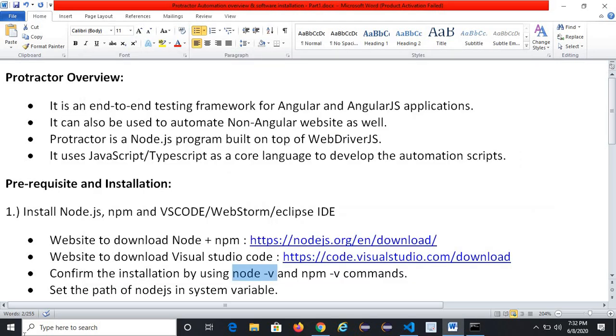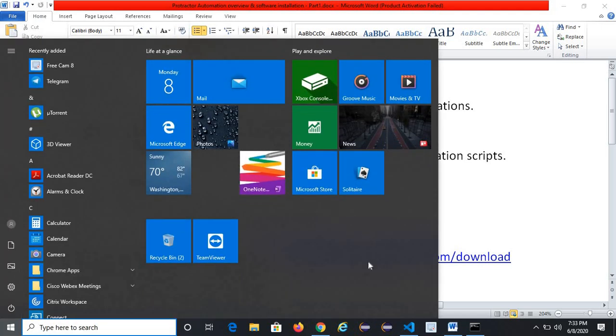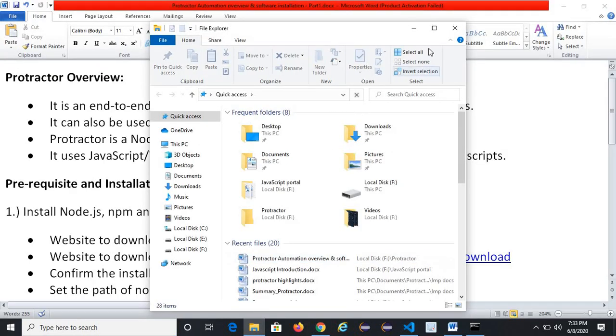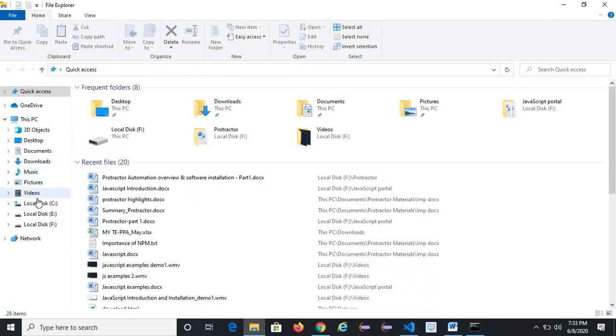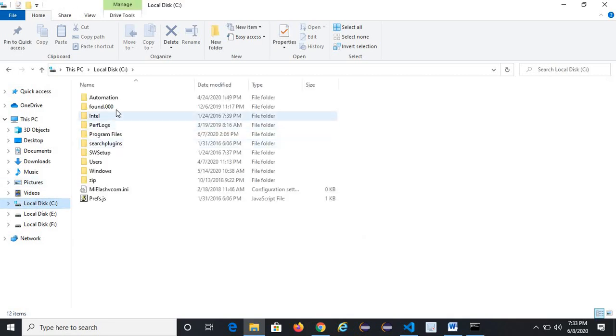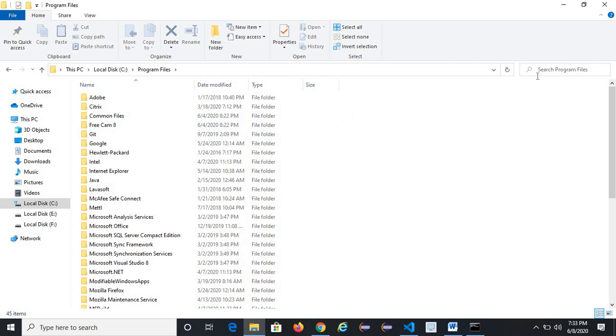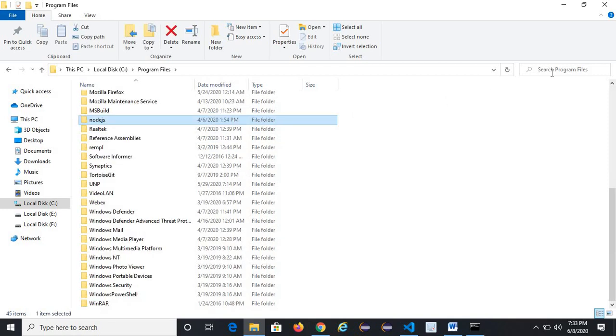After successfully downloading, you have to set the path of Node.js in your system variable. For that, you have to go to your C drive, then Program Files, and search for Node.js.